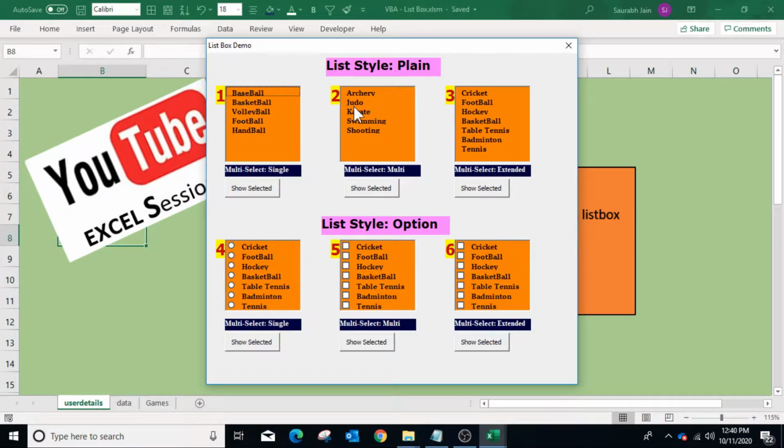Now run the form and you can see the difference in the upper and lower list boxes. In list box number 2 and 5, where the multi-select property is fmMultiSelectMulti, when you click on an item, it will be selected.